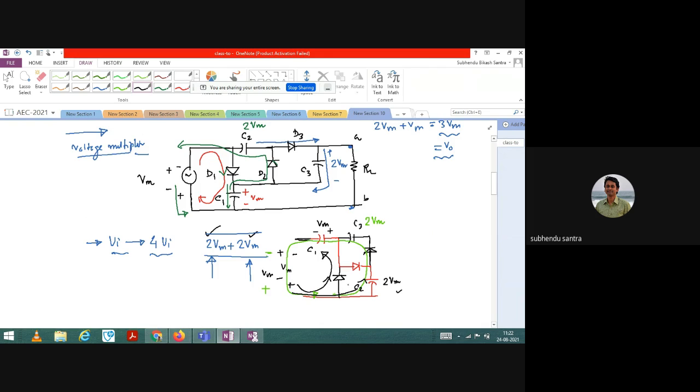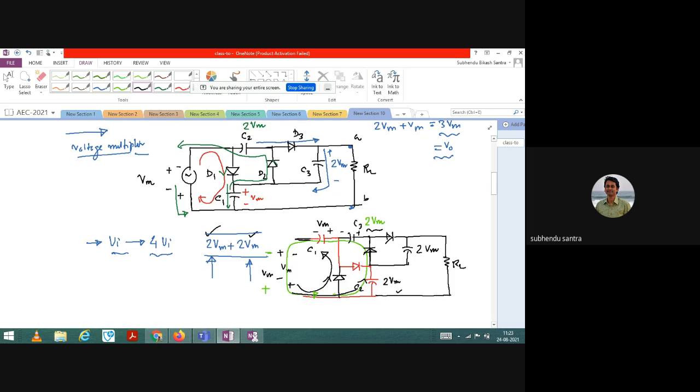So Vm plus 2 Vm, that's 3 Vm. 3 Vm should be equal to 3 Vm, and you already have Vm here. So the rest of the voltage will be stored in the capacitor here. So this is plus minus, it is 2 Vm. Now this 2 Vm needs to discharge somewhere. So you need to put a diode and put one capacitor here, so that I can take that 2 Vm to this voltage. Because in the negative half, when it is the positive half again, this diode will then be forward biased, and this is 2 Vm. So this 2 Vm and 2 Vm, now it is 4 Vm.